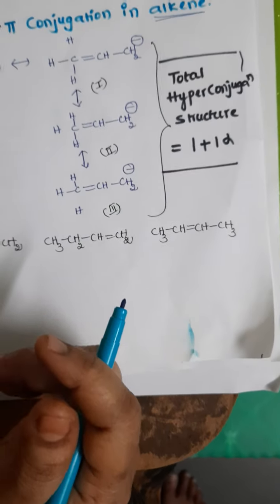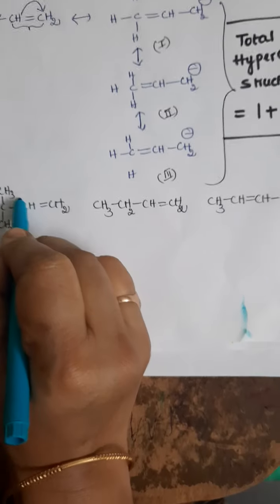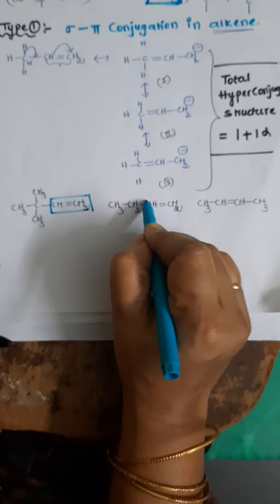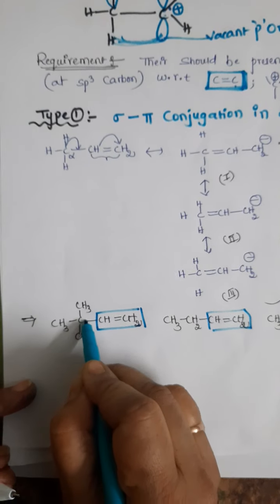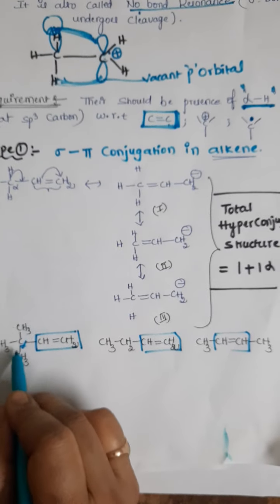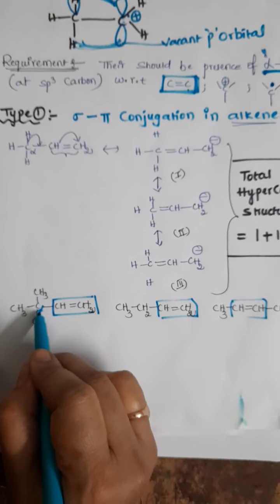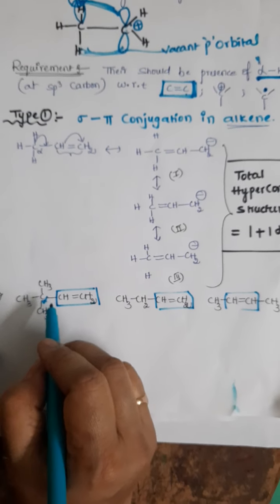Let us see an example, students. Here are three compounds. First you have to take the reference point in all of them. Then the carbon adjacent to it, directly attached to one more carbon, is alpha. Here it is beta, but we have to go through the hydrogens attached to the carbon only.